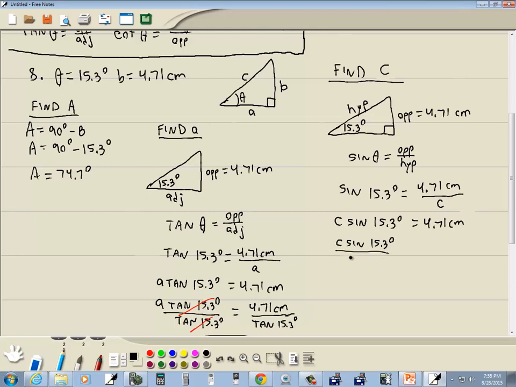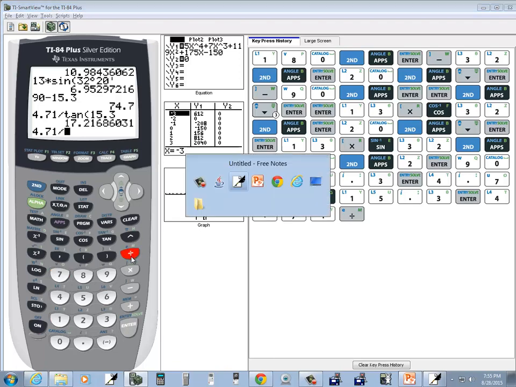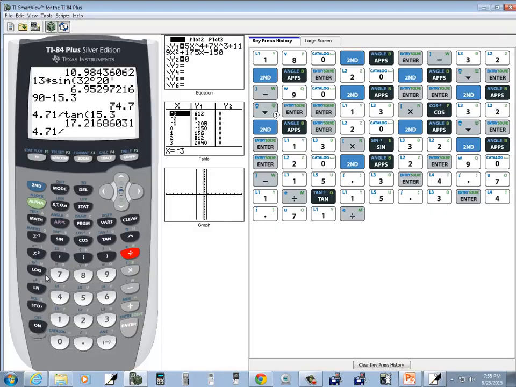There we go. And 4.71 centimeters divided by sine 15.3 degrees. Over here, these sine 15.3 degrees will cancel, and we're left with side C is equal to 4.71 divided by sine 15.3,